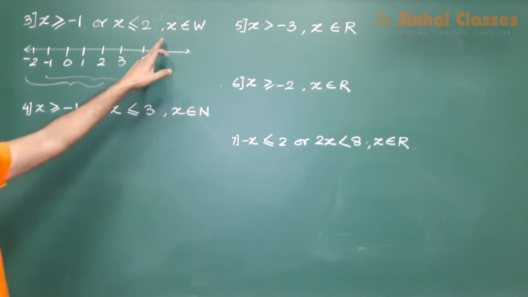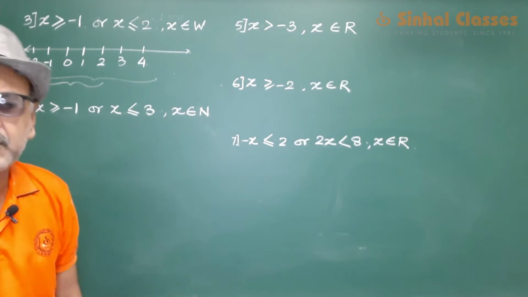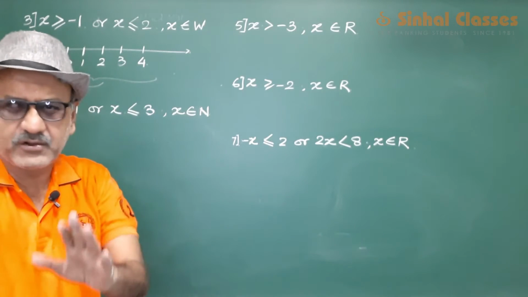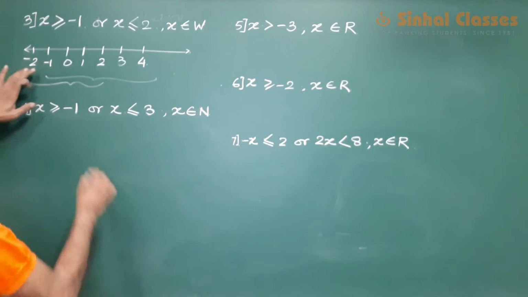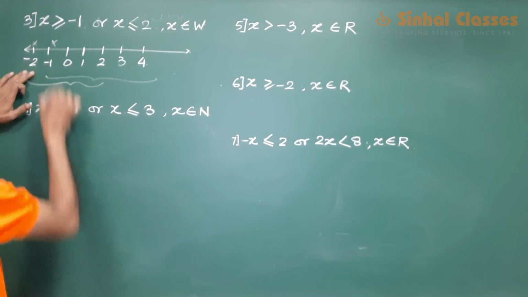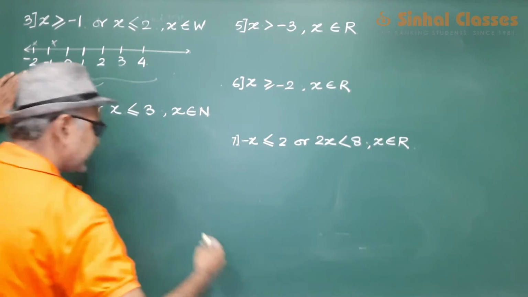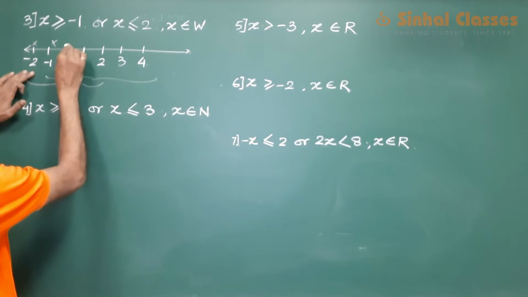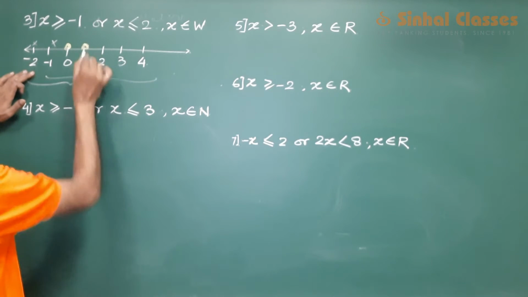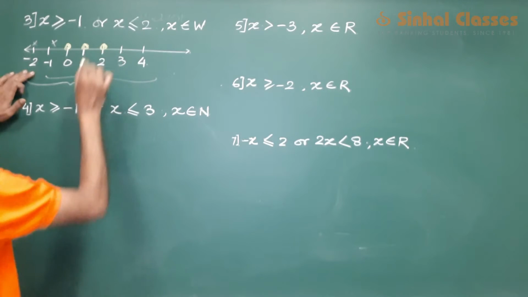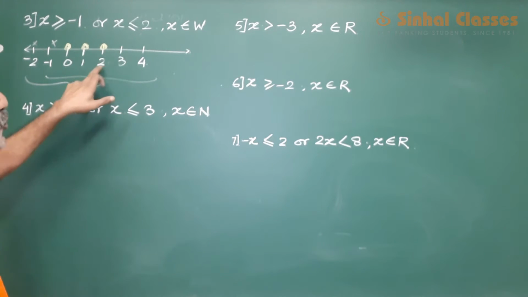Now we know that x belongs to a set of whole numbers. x तो whole number है. बच्चों अगर x whole number है तो नेगेटिव में होगा नहीं. अगर वो नेगेटिव में होगा नहीं, so this is ruled out. So the answer for x should be this: 0, 1, 2.